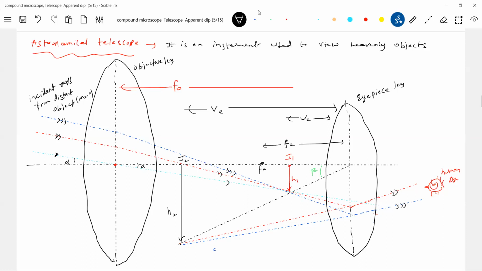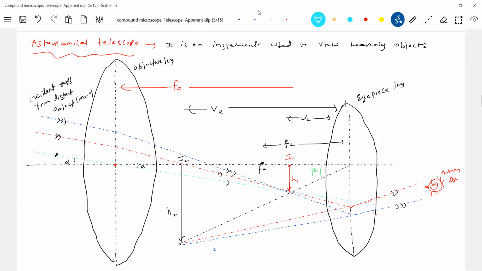First, how to define the magnifying power? That's the same definition. Magnifying power for a telescope is defined as the ratio of the angle subtended at the eye by the image to the angle subtended at the unaided eye by the object. Means if these two lenses were not there, what is the direction of that angle of incidence? That's why I took the blue color ray. So these are the rays. They'll enter into the eye. If this lens also is not there, they'll enter. The eye is placed here. So what is the angle subtended by the blue color rays without any lenses? It will be alpha.